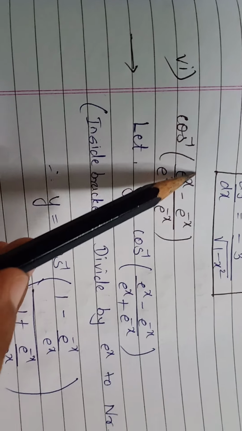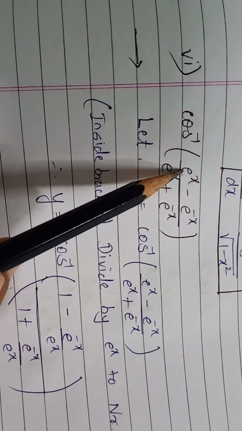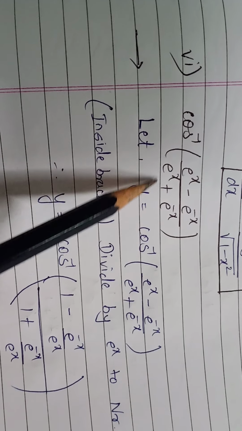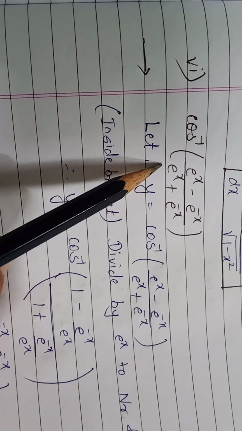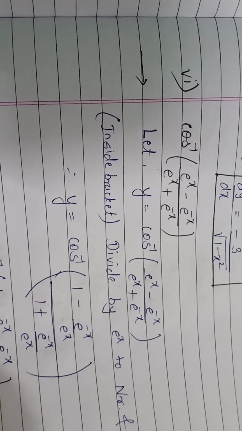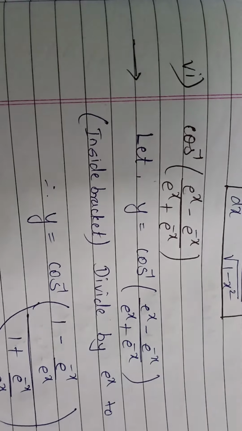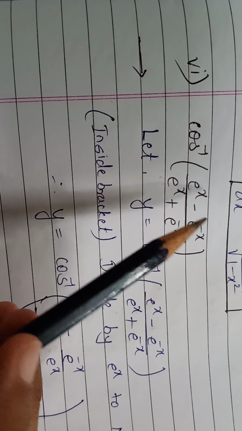In order to make it 1 and make this also 1, we will divide the whole numerator and the whole denominator by what? E raised to x, in order to make it 1. And then this will also come as a square. We'll see that also. Okay, understood? In such formats, no need to get confused or worried.